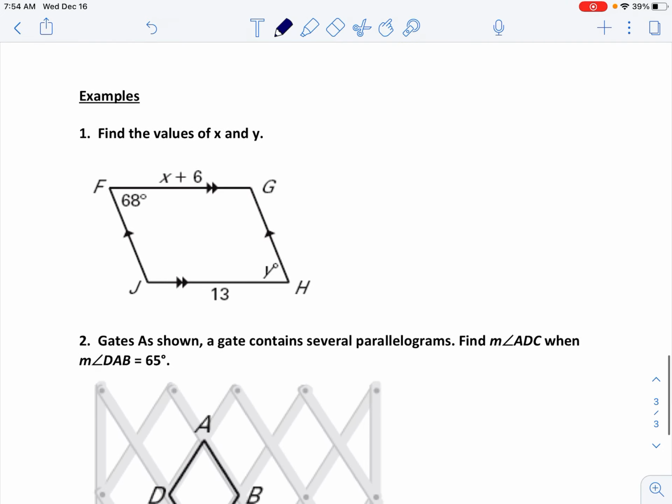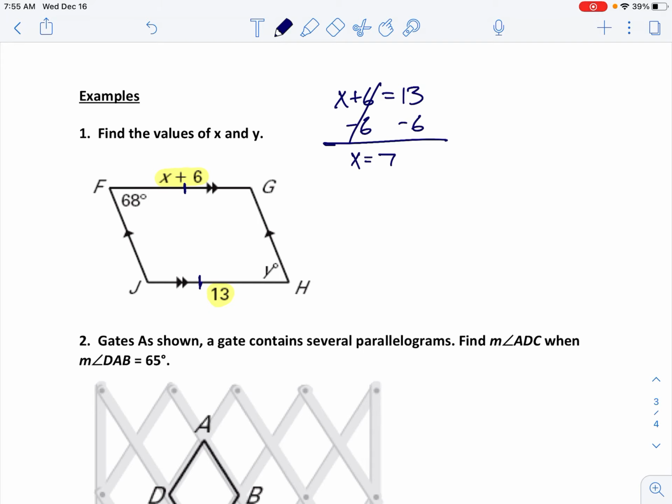So we are given a parallelogram because opposite sides are parallel. They want us to find the values of x and y. When I'm looking at x, we'll start with x. X plus 6 is here, and I notice its opposite side is 13. And friends, remember that we know in parallelograms, opposite sides are congruent. So x plus 6, that side, has to be equal to its opposite side, 13, and that's the equation we were looking for. So now I'm going to take away 6 from both sides, and I get x equals 7,